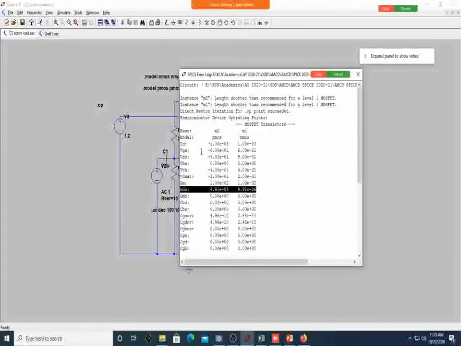Are these values fine? Can you see VGS of both of them is 0.6 and minus 0.6? And VDS is 0.9, which is more than the required saturation. You require 200 millivolt, but you have 900 millivolt. Are the MOSFETs in saturation now? Yes, sir. VDS sat is 200, whereas actual VDS is 900 millivolt. Correct? Shall we now apply the sine wave?